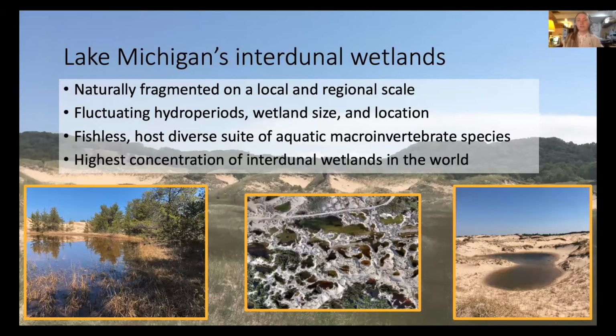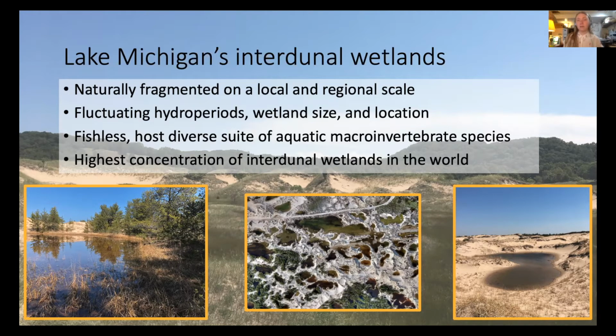With these heterogeneities in mind, we investigated a relatively understudied and incredibly dynamic habitat known as interdunal wetlands. These wetlands are nested within dune complexes along the eastern coastline of Lake Michigan. They are naturally fragmented on a local and regional scale and are also very temporally dynamic. The middle photo at the bottom depicts fragmentation within Ludington State Park. However, tracts of coastline that either lack a natural dune complex or are developed also contribute to breaks in this